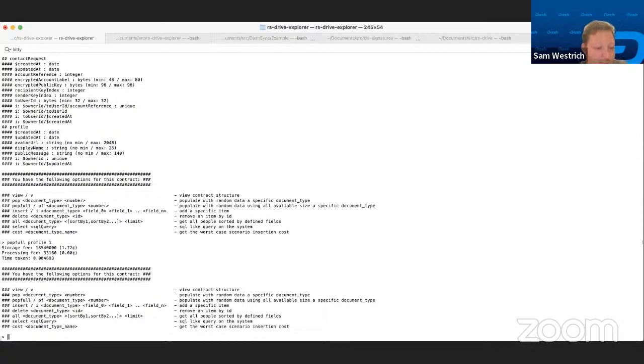Okay, so let me see. Are there any other functionalities that I haven't covered? Sam, just a question here that came, that they were asking, where are these images stored? Where are images stored? Oh, like avatar URLs? I'm not sure. Oh yeah, actually, where is the actual data? Where is it stored in the platform?